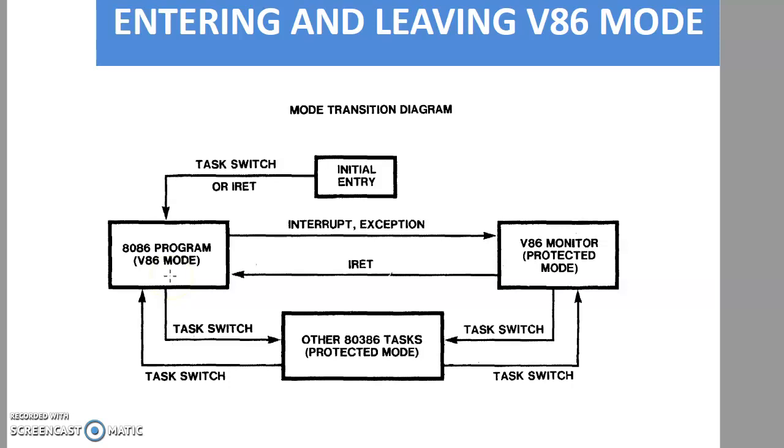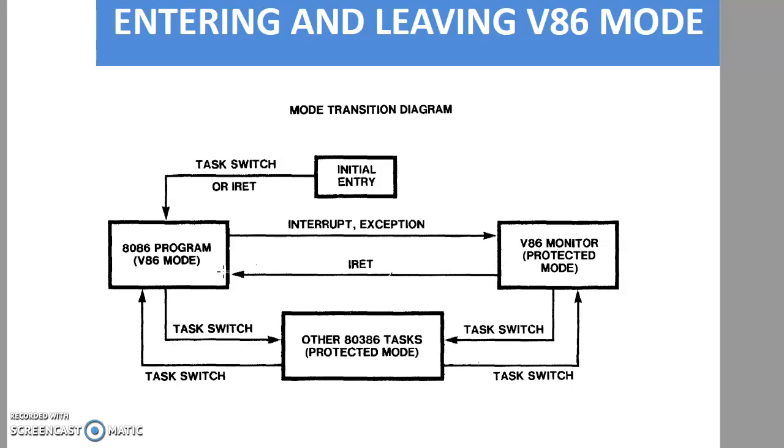8086 program. So whenever, let's say, the program wants to read something from the keyboard or display something on the monitor, there will be an interrupt which will be executed. So the 80386 will switch to the virtual 86 monitor in protected mode and handle the interrupt, and once that is completed, after interrupt return, it will go back to executing the 8086 program which has the code of the 8086 in the virtual 86 mode. So whenever there is an interrupt return, the VM flag will be set to 1 and the 80386 will enter into the virtual 86 mode.